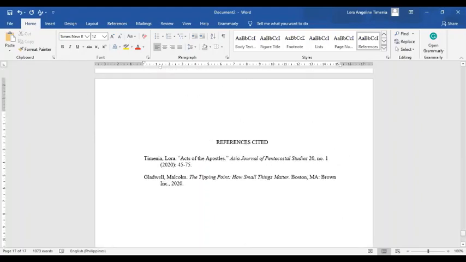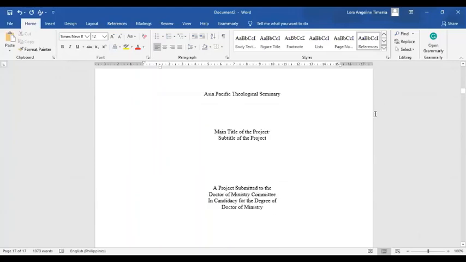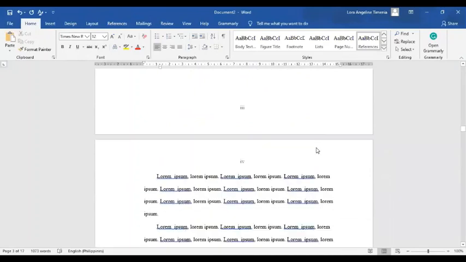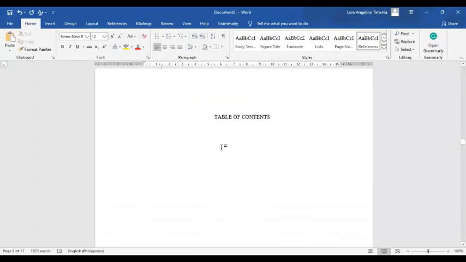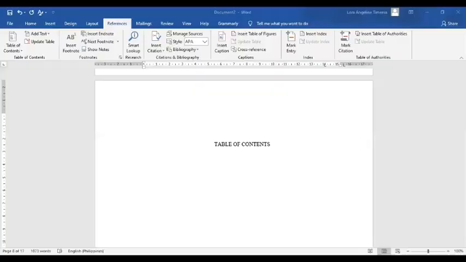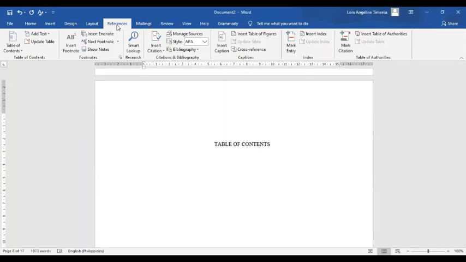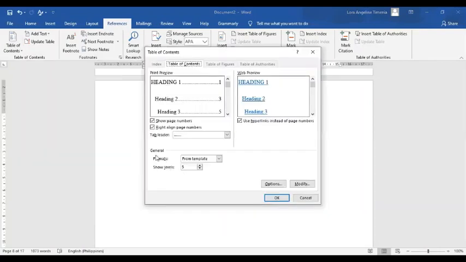Imagine we finished. Let's go back to your table of contents. So I left it blank earlier because you need to write first. You have to fill it up first before you can insert a table of contents. So for table of contents, since I left it blank earlier, let's insert table of contents by clicking references, table of contents, custom table of contents. Make sure that both of these are checked, and then the tab leader is dots. Format is from template, show levels 5. This should be 5. Then click